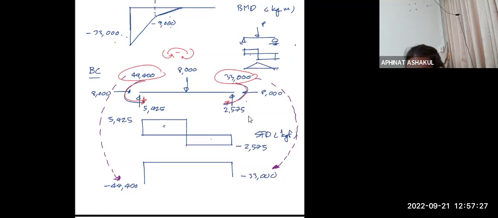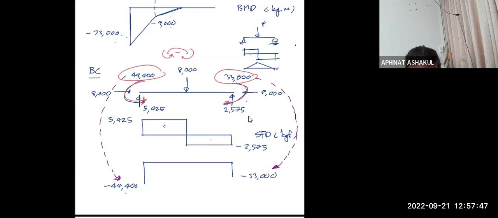So now, what about the value in the middle? You see, there are quite a good number of you who just can't seem to draw the bending moment diagram properly. You forgot to add them up. Okay, so here